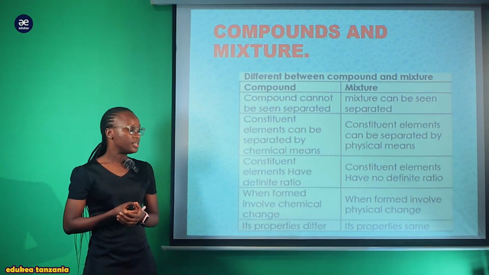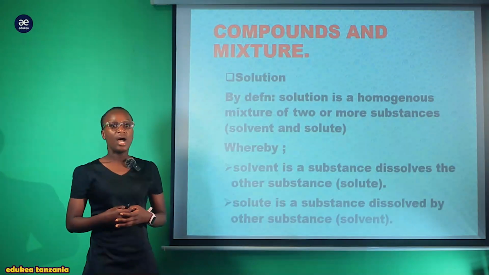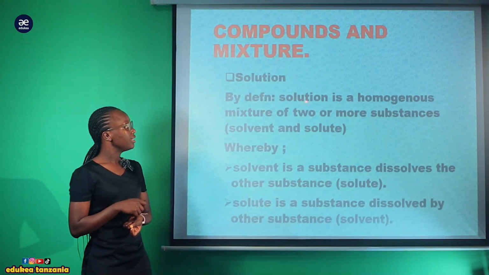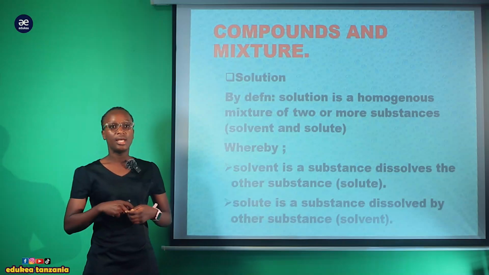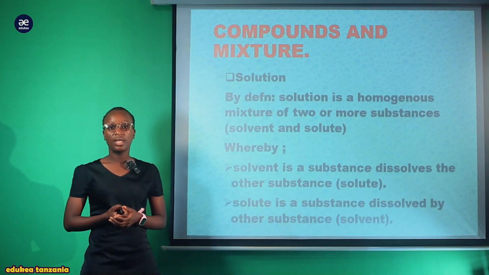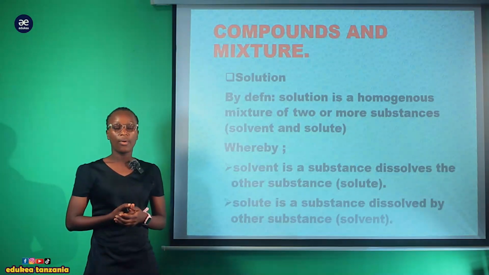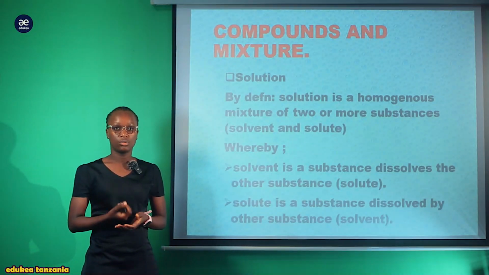Now let us see the aspect of solution. A solution is a homogeneous mixture of two or more substances, and the substances we are talking about here are solvent and solute. Now what is the solvent, or what is the solute? Solvent is a substance dissolved the